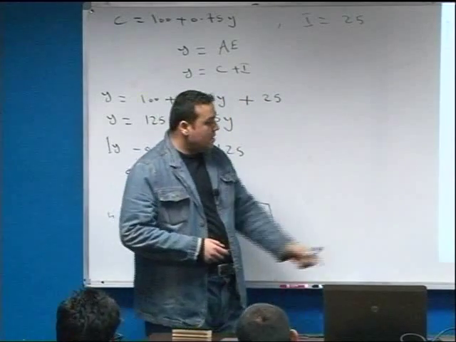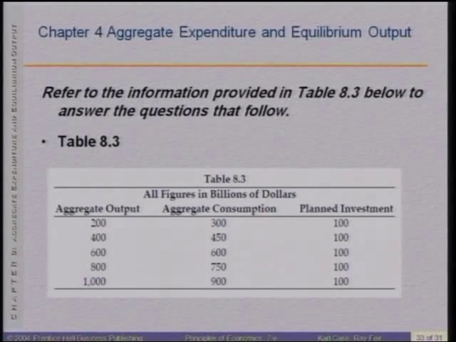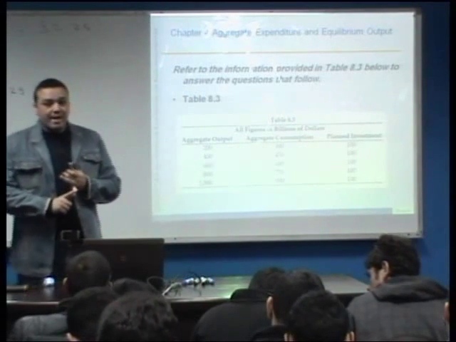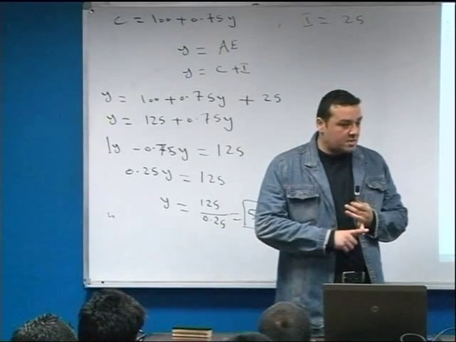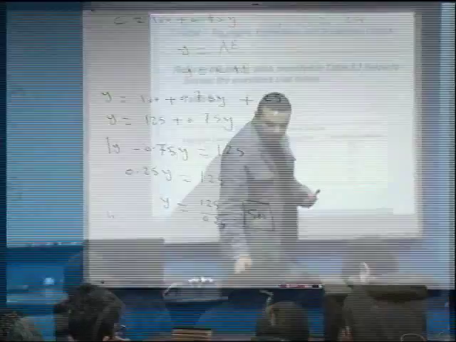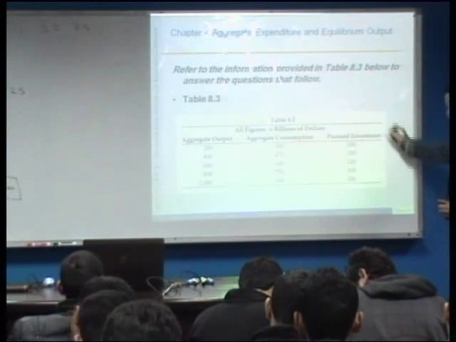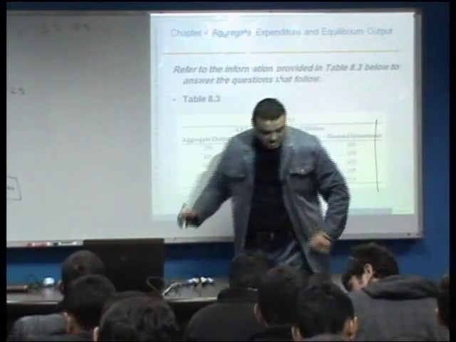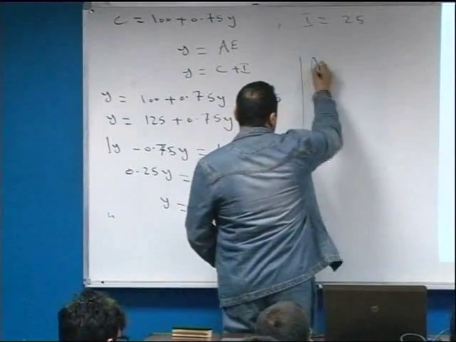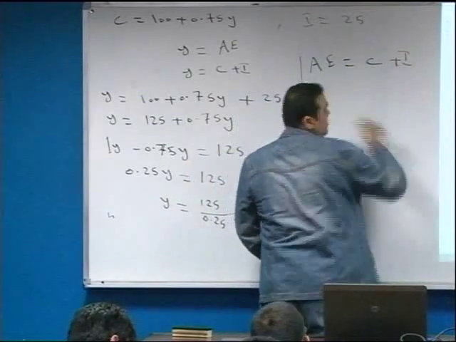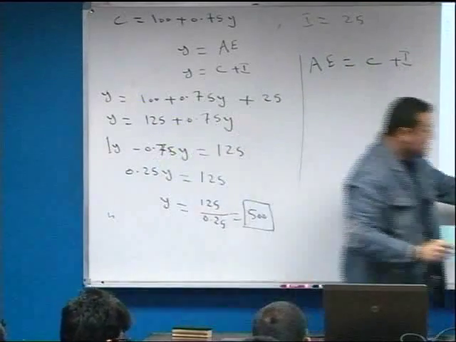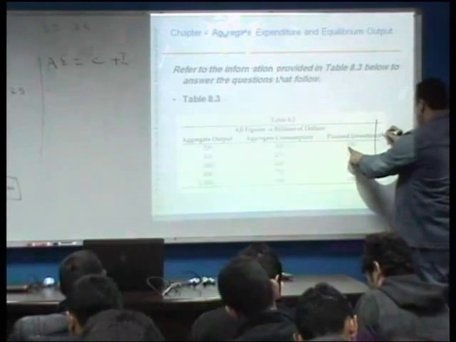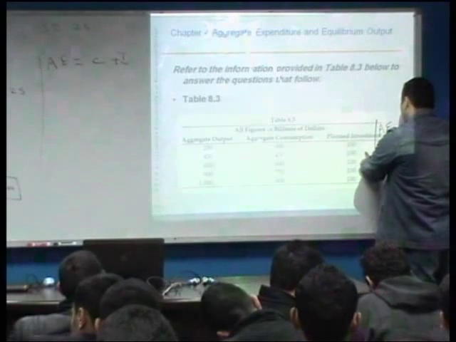As you see, the aggregate output is given, the aggregate consumption is given, and the planned investment is given as well. The first question is, derive or calculate the aggregate expenditure. The aggregate expenditure equals C plus I. So for the first case, 300 plus 100, aggregate expenditure is $400 million,